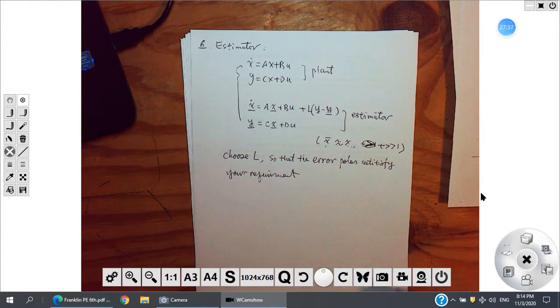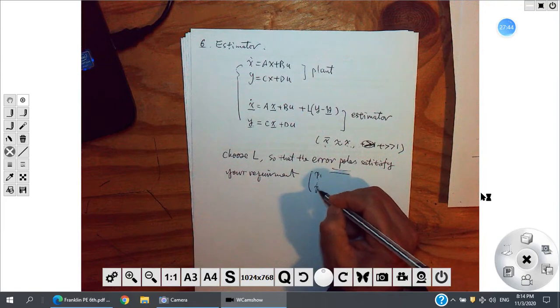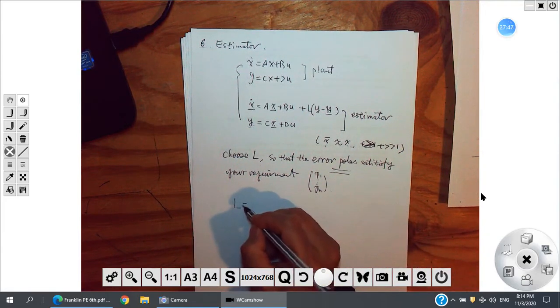It could be anything, depending. Suppose these error poles are pole 1 to pole n. The error will be